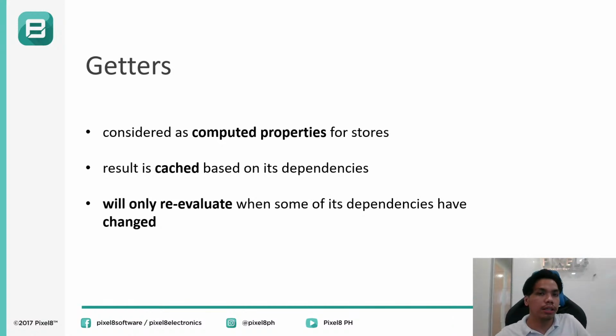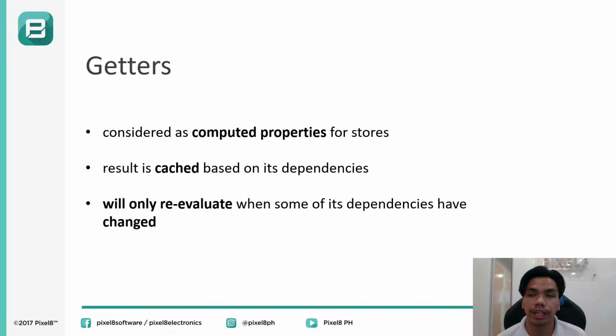So that is what a computed property is. In essence, that is how getters behave as well. You declare getters on your components and then you use them as variables in your templates. Aside from that, the result is also cached based on its dependencies, meaning if your DOM constantly refreshes, and at